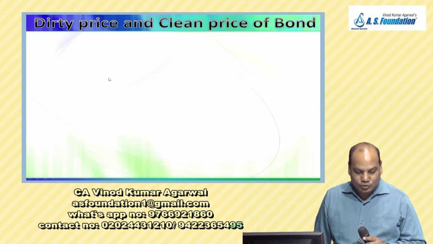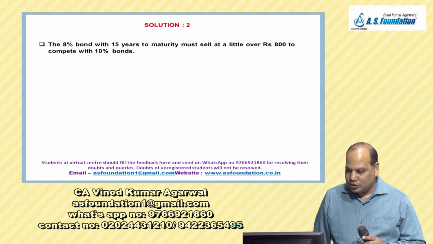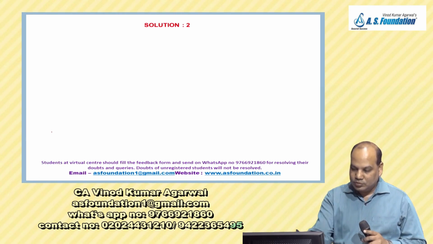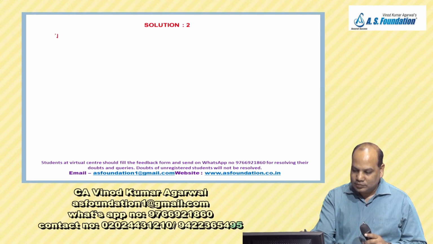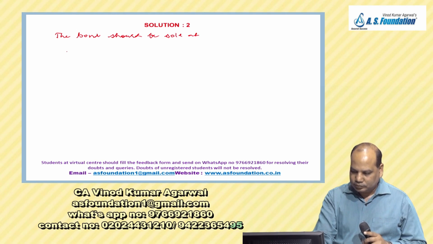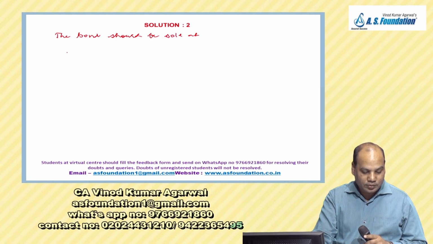In fact, what you should do in this previous question, your answer should be the bond should be sold at, right? The bond should be sold at. This bond will pay 8% coupon for 5 years. So 8% of 1000 means 80 rupees